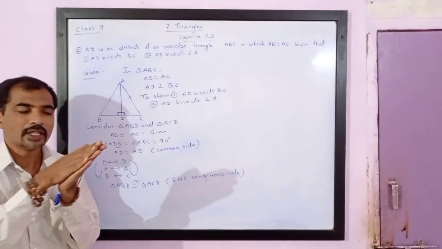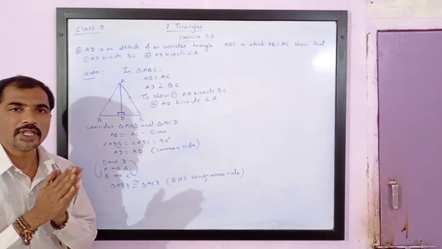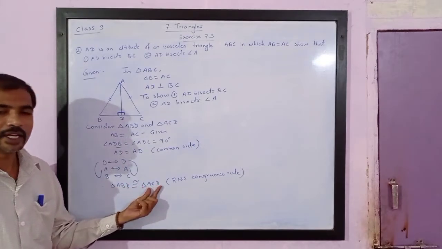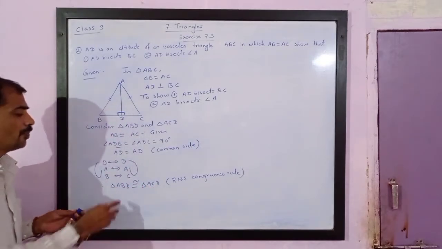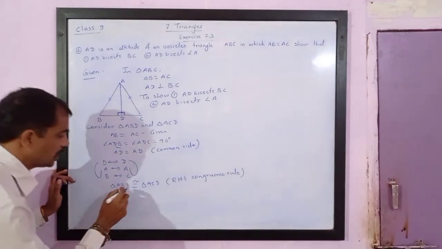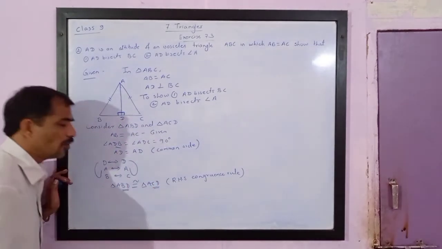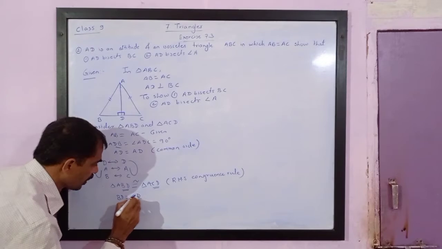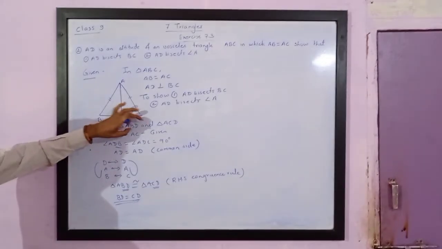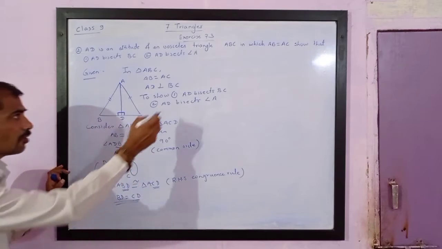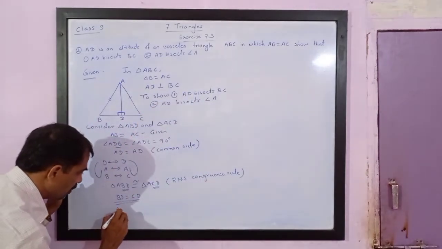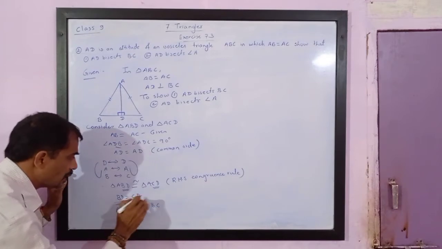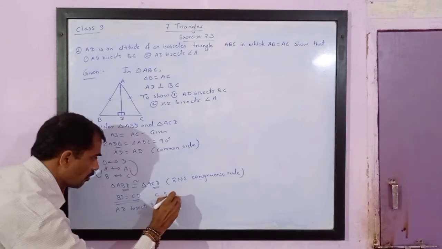Now, if ABD is congruent to ACD, it means if you keep these two triangles one above the other, three sides of one triangle will exactly coincide with three sides of the other triangle, and three angles of triangle ABD will coincide with three angles of triangle ACD. So, here I will get BD is equal to CD. Please note, side formed by second and third vertex is equal to side formed by second and third vertex. So BD is equal to CD. So I can say that AD bisects BC. Here we can say this since they are corresponding sides of congruent triangles.